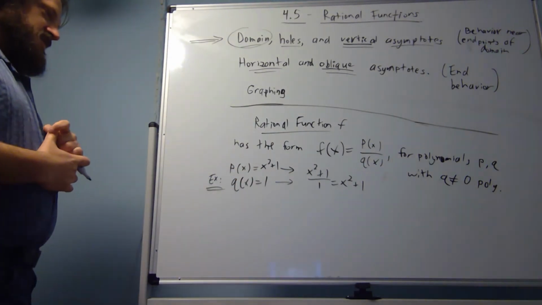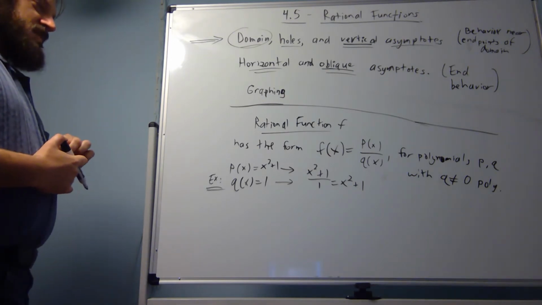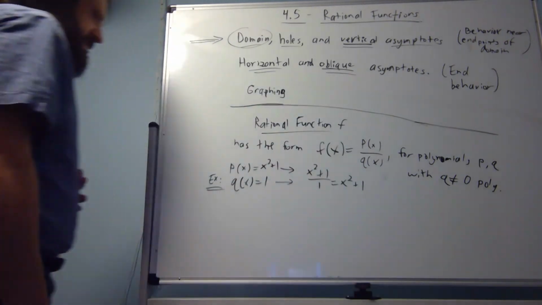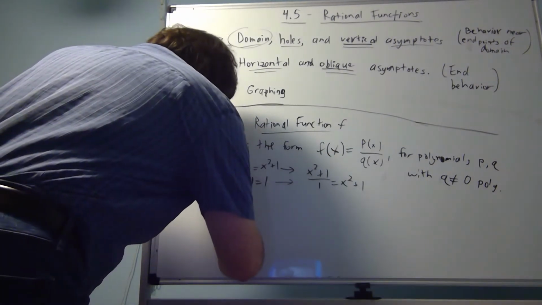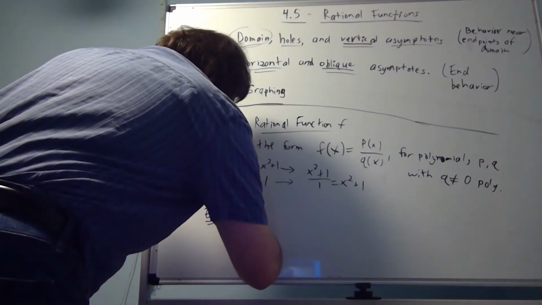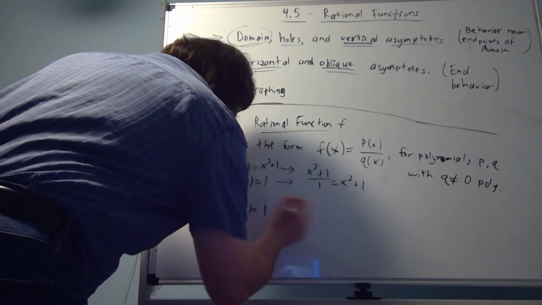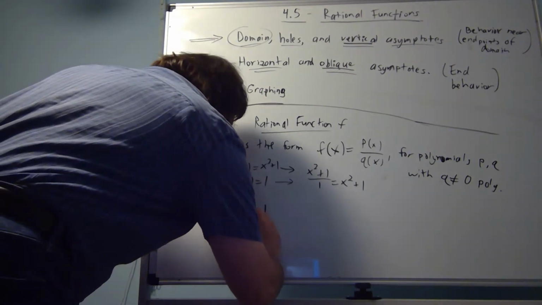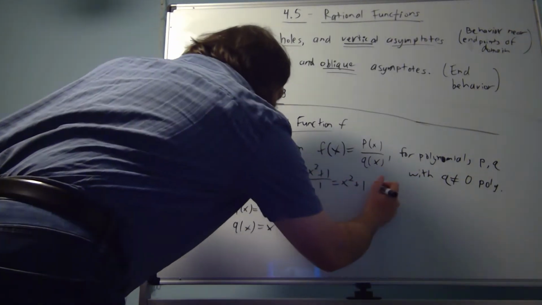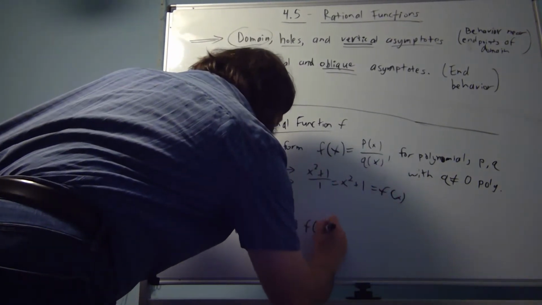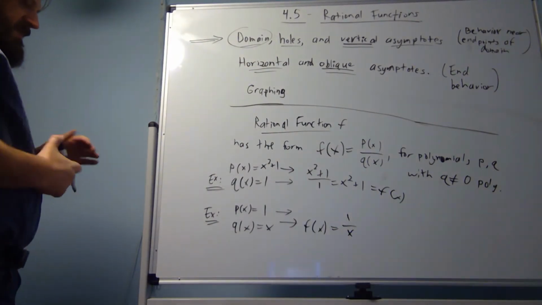So for rational functions, it's more general. So sure, we could just divide by a constant, and then the end result is a polynomial, as long as we're dividing by something that's not the zero function. But there are other things too. So for example, this is also totally fine. The numerator could be a constant, like 1 or 2 or -7. So this thing, f of x equals, if it takes the form p of x divided by q of x,